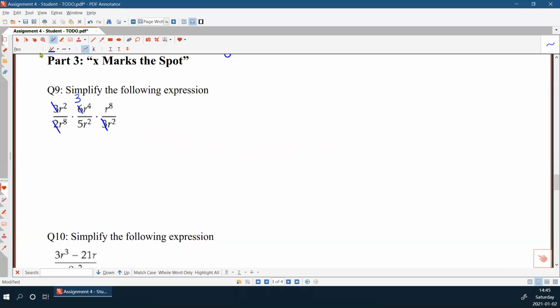Now let's look at the other terms. R squared can be cancelled with this R squared twice. R to the 8 can be cancelled with this one. And R squared can be cancelled with this one. This leaves you R squared. So the final result here is